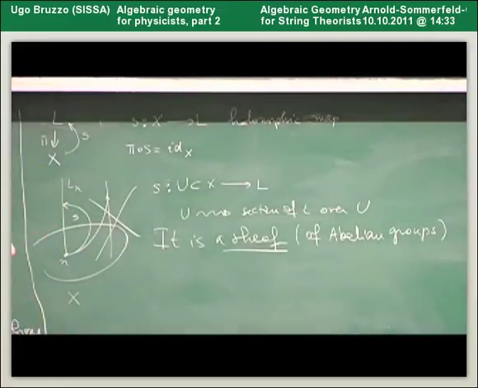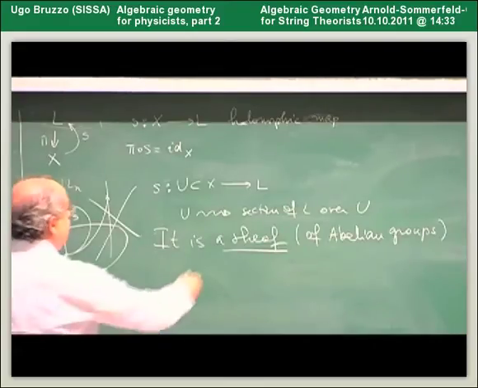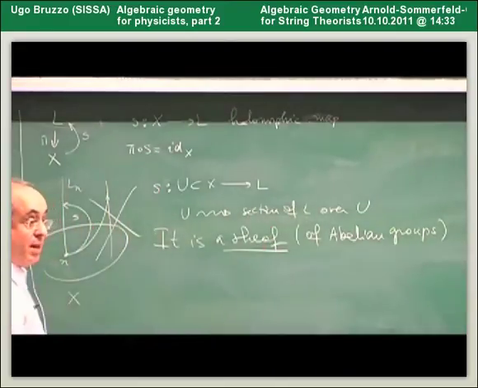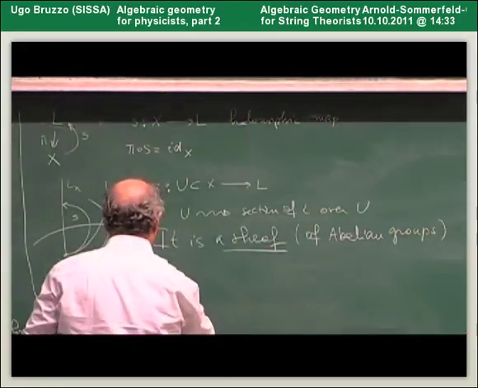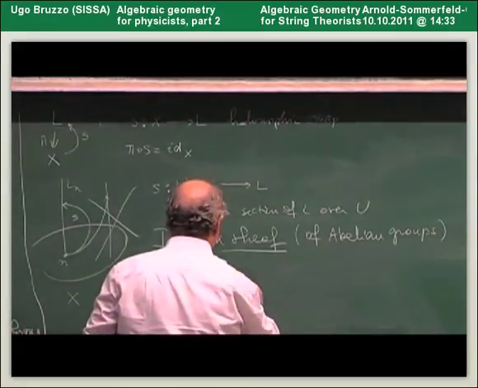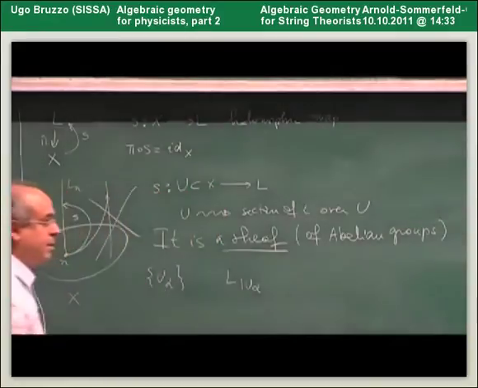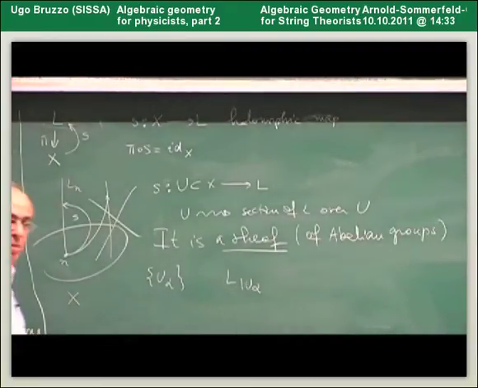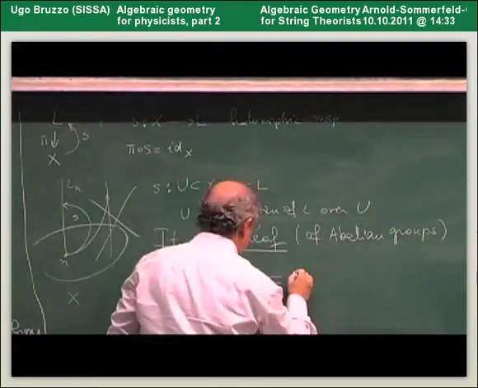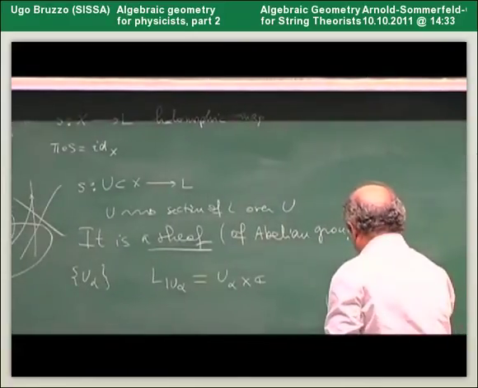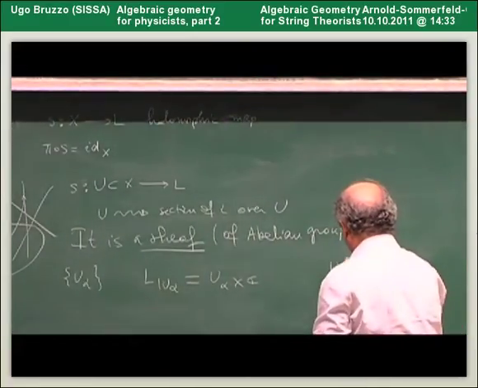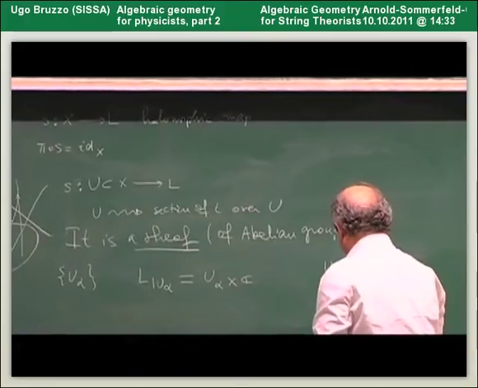This sheaf is a kind of twisted version of the sheaf of holomorphic functions. Why? Because we know that, as any vector bundle, this line bundle will trivialize. So we know that there is an open cover in such a way that whenever I restrict L to an open set of the open cover, this will be trivial. So this will be U alpha times C. Now you see that if we are on U alpha, or U, say, times C, we consider this as a line bundle over U,